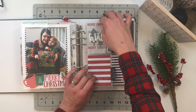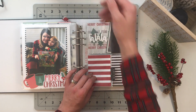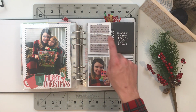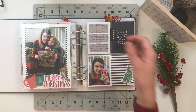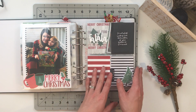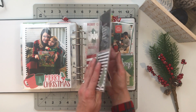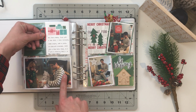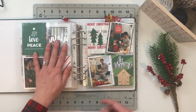This Fa La La acrylic I have floating here in the middle. Another flip up that talks about what we did in the morning, what we did in the afternoon, what we did in the evening of Christmas. I thought that was a fun lens to tell the story of Christmas Day with. On the back side, I have a couple more pictures of Izzy opening gifts, some more journaling about the gifts,